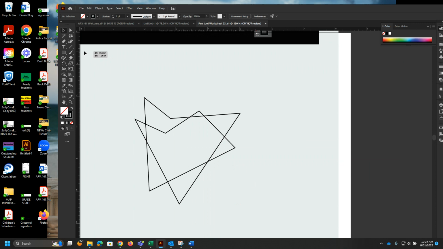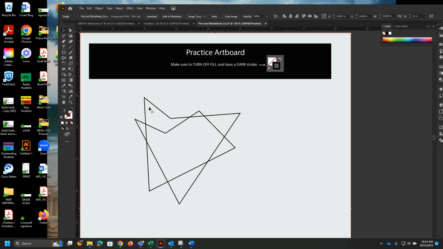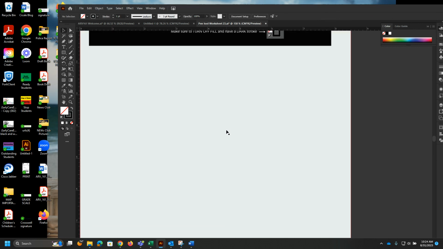All I have to do is hit my selection tool. Whoops, I didn't mean to grab my background. And then I'm going to highlight that and I'm going to get rid of it. Now,